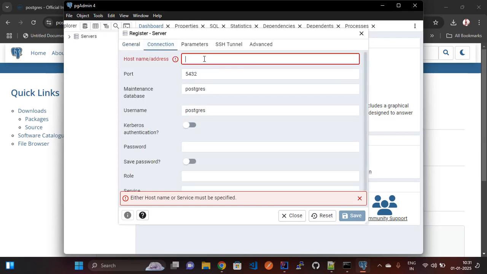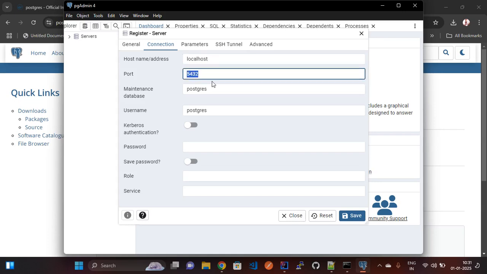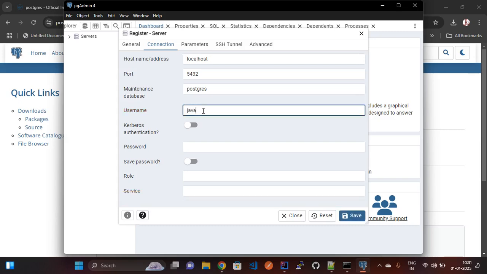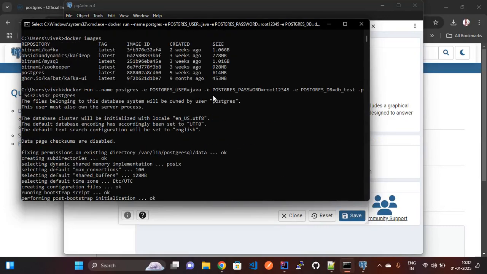Here we need to pass the host name, so I'm going to define it as localhost, and this is the port which I exposed at run time. Now passing the username as java,